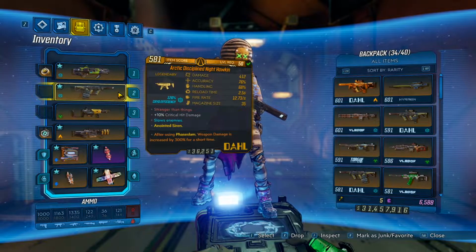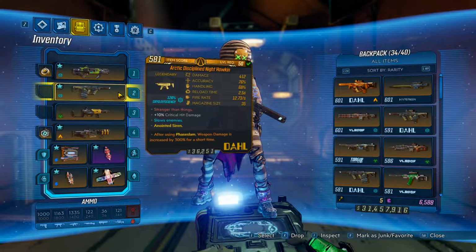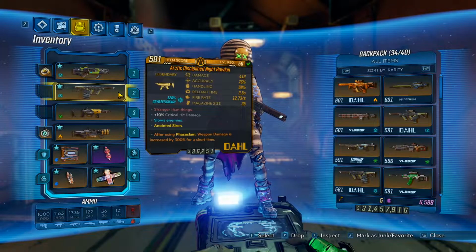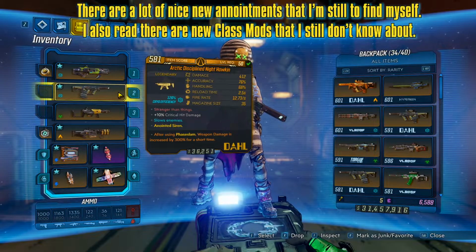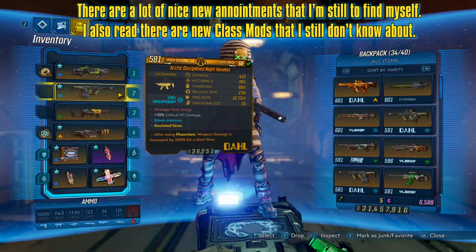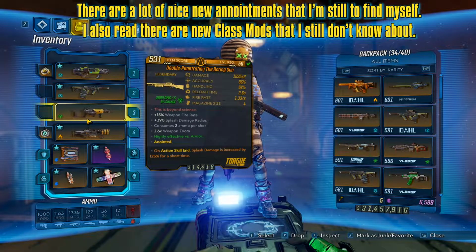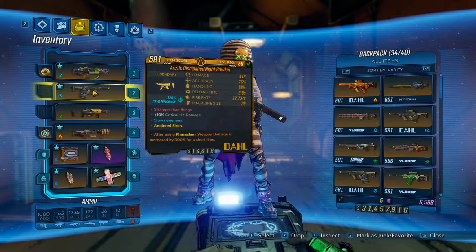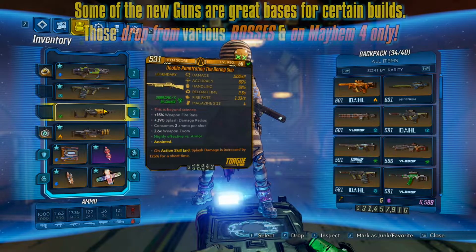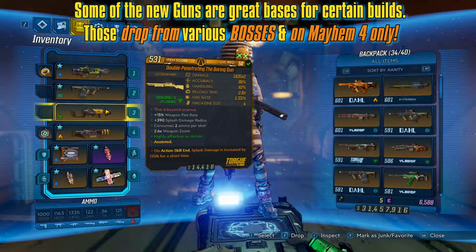Gear wise, there are certain things you definitely need to look out for, and that's gear that gives you, after using Phaseslam, weapon damage is increased by 300% for a short time. This is the most you can get for an after using a skill. So even face cast is 250% extra weapon damage, and things like on action skill end would not give you that much. See, this is action skill end, as splash damage is increased by 125%, but this gives you all sorts of weapon damage. Although this one, splash damage is increased, would increase the damage of the action skill itself,